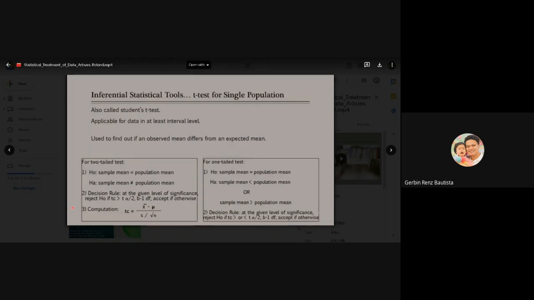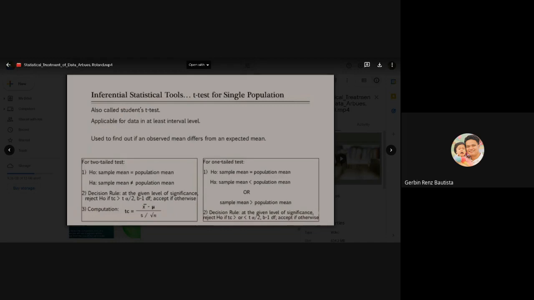To compute the t-test for the two-tailed test, the t-value is equal to the mean of the sample minus the mean of the population, divided by the sample standard deviation over the square root of the sample size. For a one-tailed test, the null hypothesis would state that the sample mean is equal to the population mean,